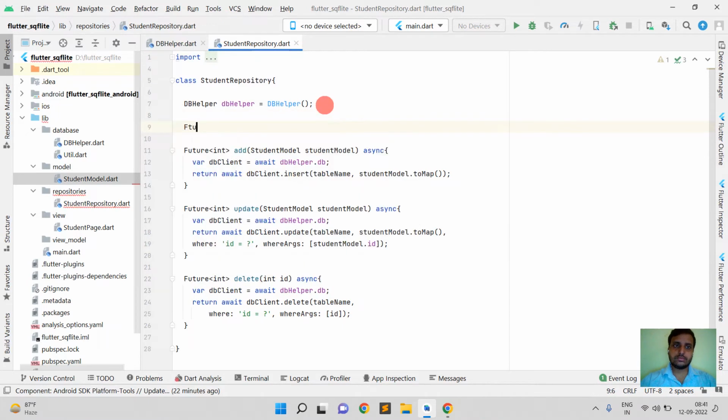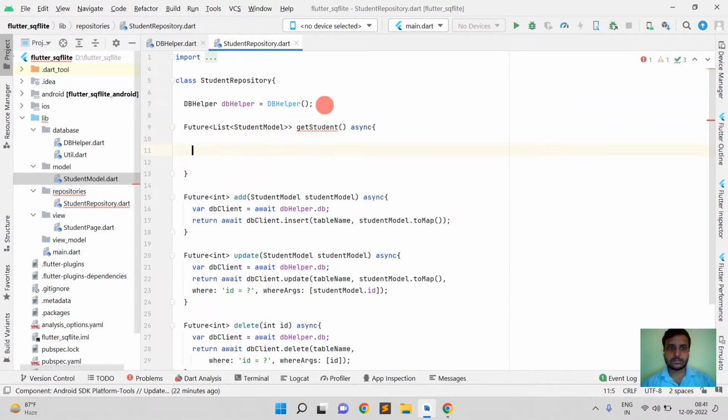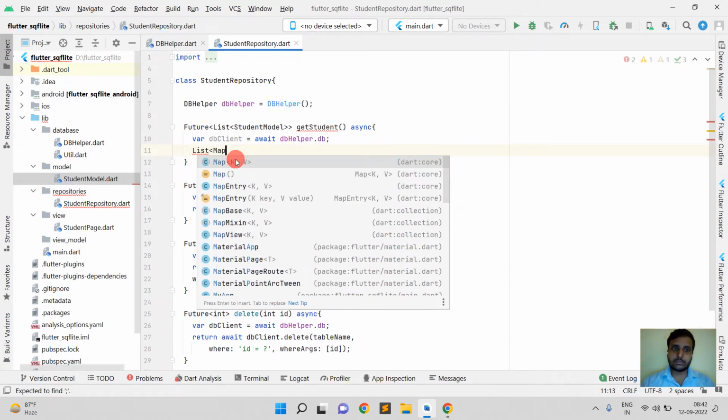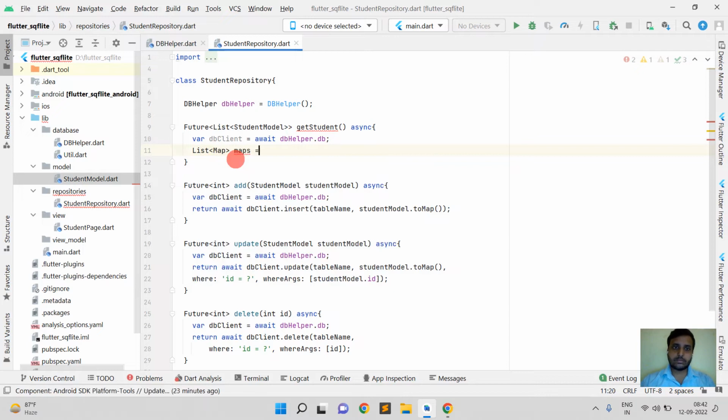And this will be the type of list. Here we will pass our model class, just copy this and paste here. Here we will take list of map type, and then the maps equals to,